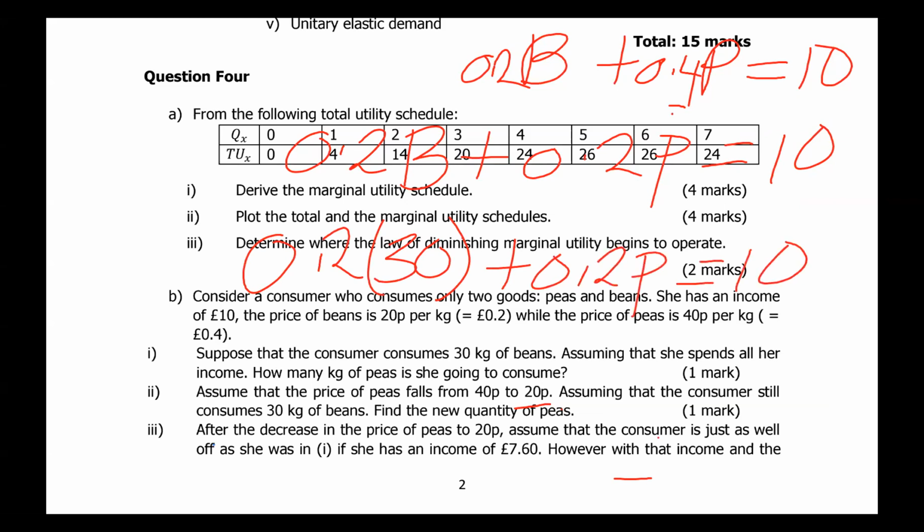Then the question is, find the new quantity of peas, meaning we're still making P the subject of the formula, right? 0.2 times 30 is 6. Plus 0.2P equal to 10, which should be 0.2P equal to 10 minus 6, which is 4. We divide through by